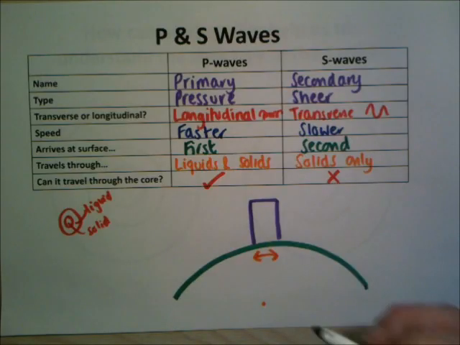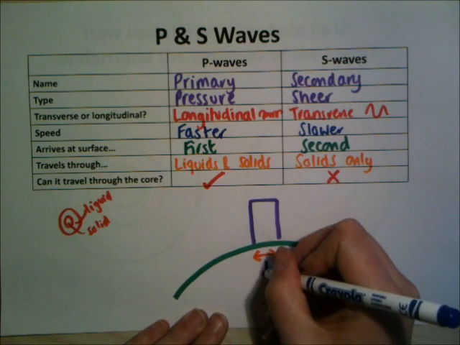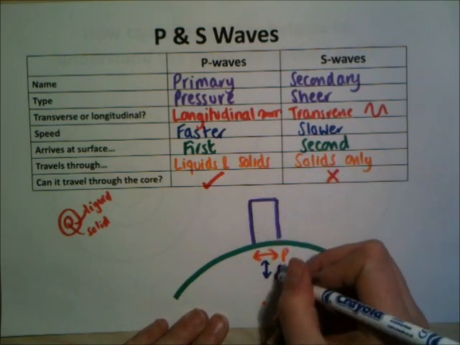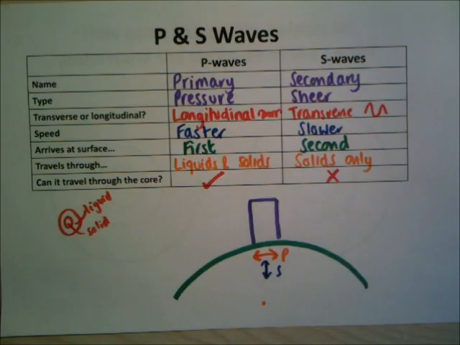We then get the S waves. I'm going to label that P. Eventually the S wave comes along, and that causes the building to shake up and down. So you get first movement side to side, and then you get up and down movement. And that's also kind of why an earthquake lasts quite a long time, and why you get